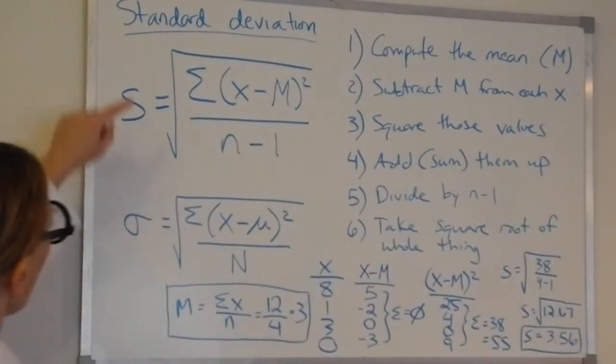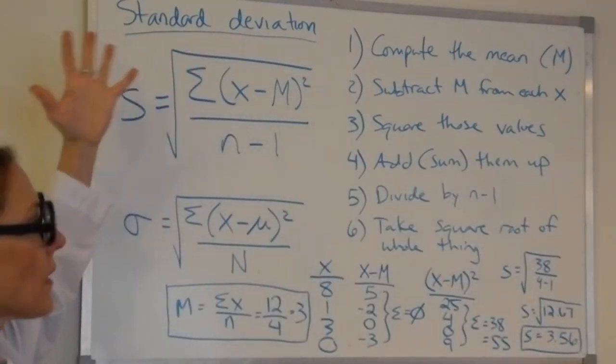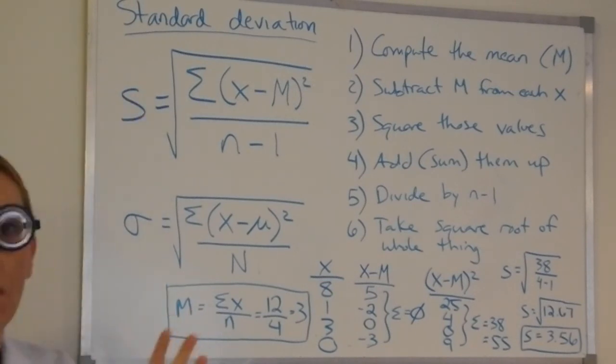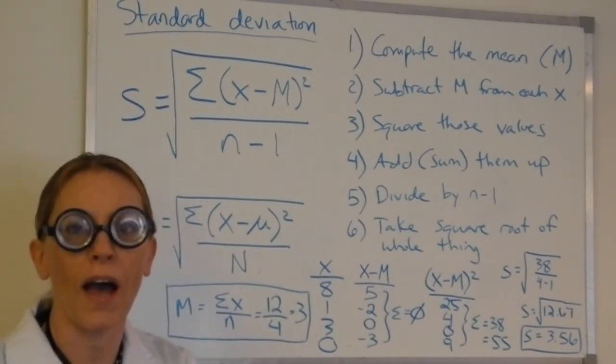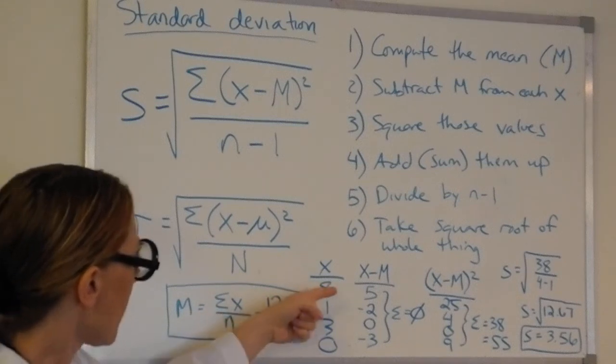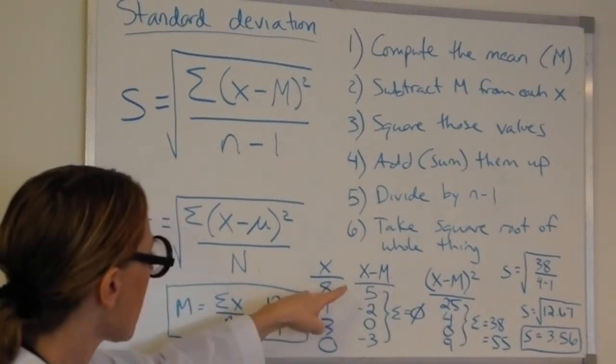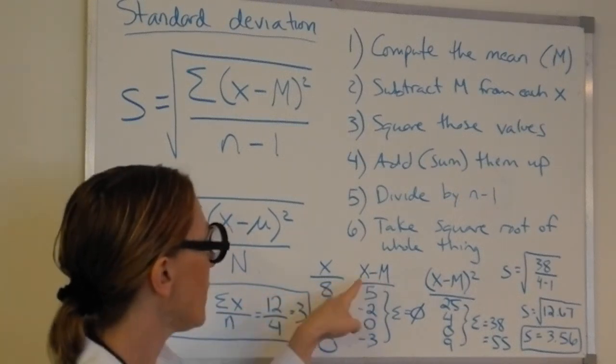So this looks kind of like a scary formula, but really all it is, it's an average. But we have to do a couple things to make the average work. What I was trying to show here, and I don't know if you can see it, but basically if you take the mean difference,